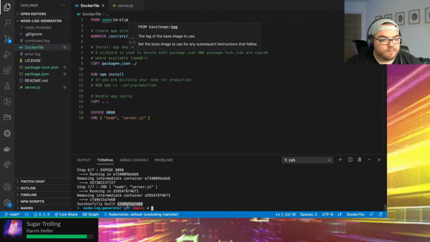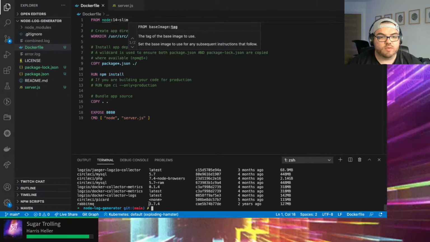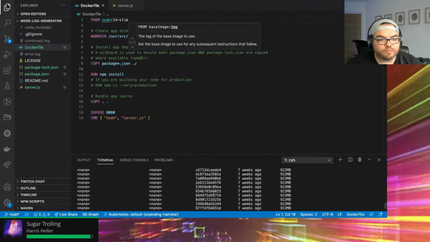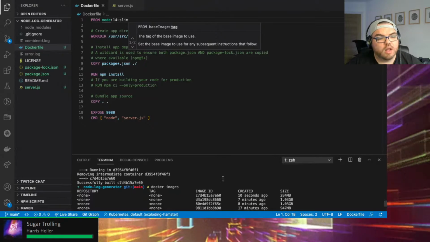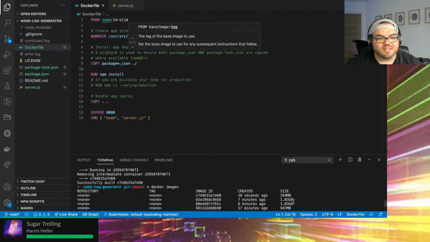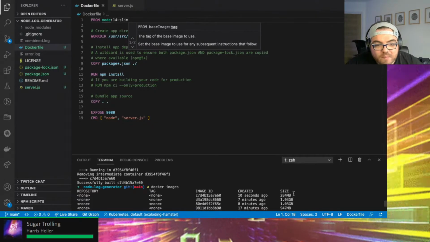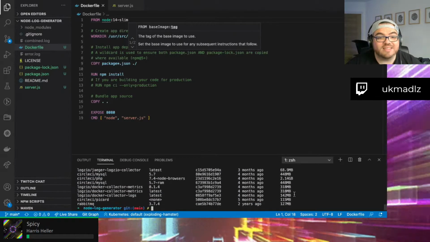Excellent, okay. Let's have a look at the Docker images, see if that one's skinnier than before. I want to know what the difference is between the slim and the not slim, because that's 700 megabytes of difference.